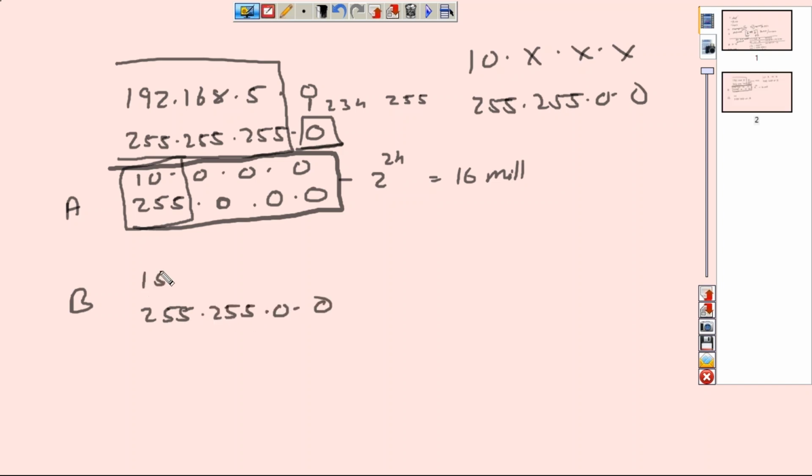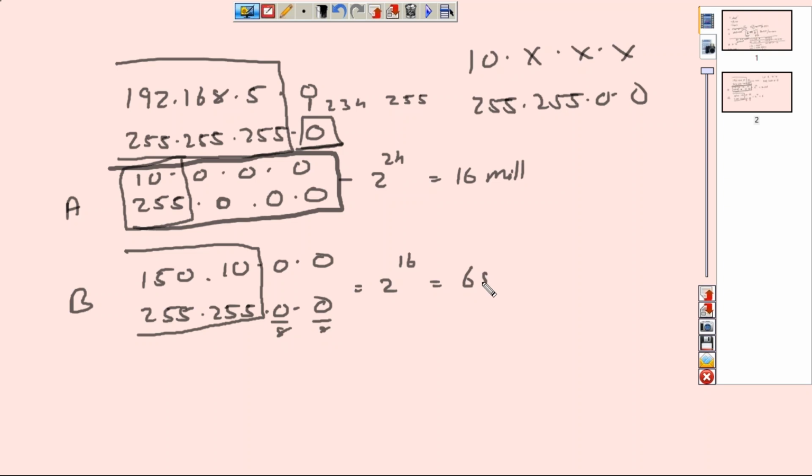for example, let's say 150.10.0.0. What would this mean? That is something you cannot touch, right? You have that much to play with, which means you have 2 raised to 16, 8 here and 8 there, which means you have about 65,536 individual hosts you can have on a class B network.